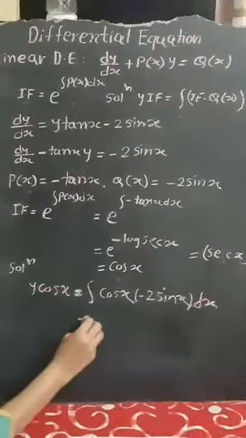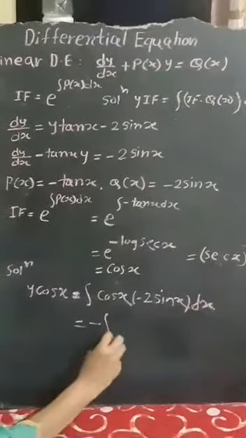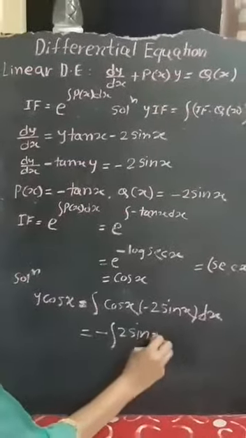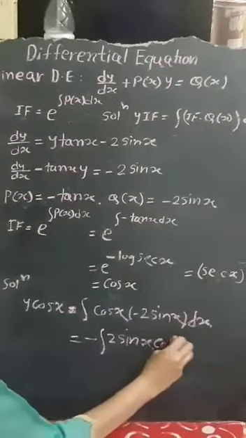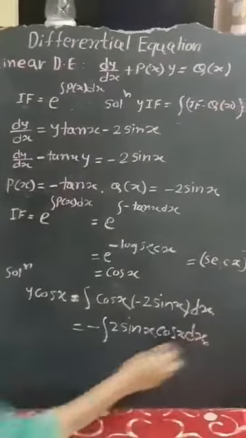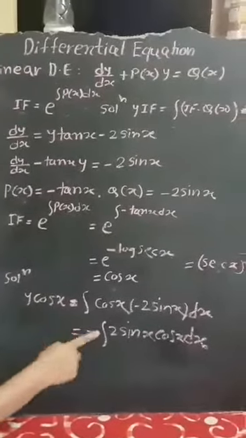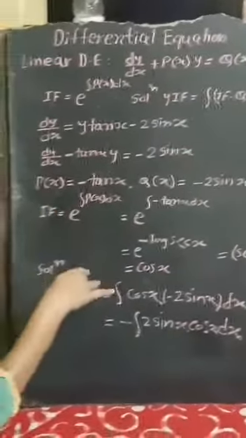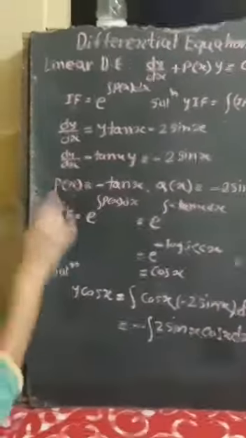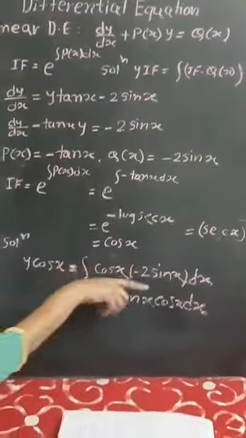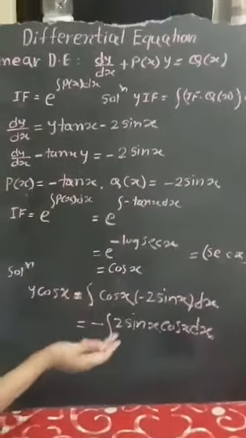Okay, so this minus sign I can take common. I will get 2 sin x cos x. So if you remember from trigonometry, if you do it in here, obviously you may get up to 3 marks. So in linear differential equation, I guess at least everyone can do till here. That integration part might be difficult.